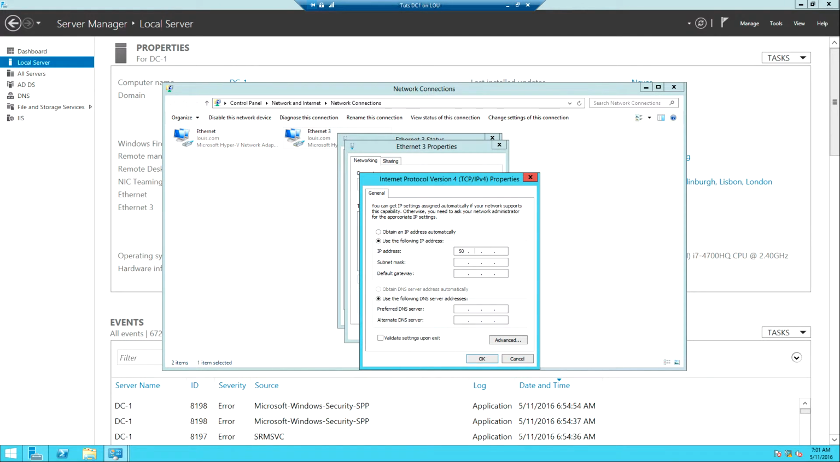So 50.50.50.1 with a mask of 255.255.255.0. We don't need a default gateway, but if you are going to be accessing the internet, then you need to have a default gateway. Then the DNS will be